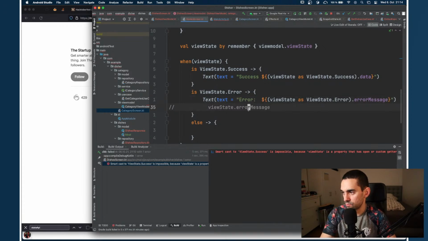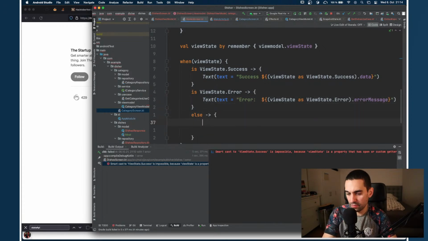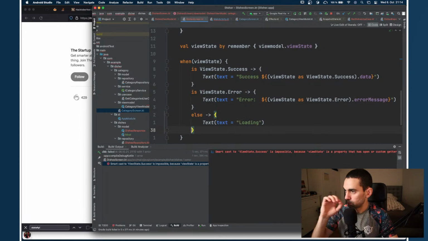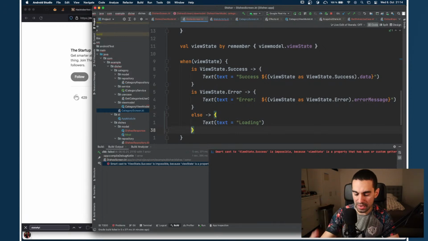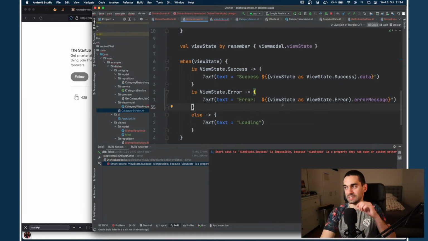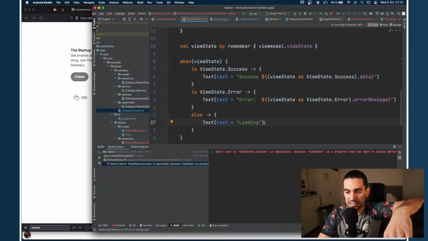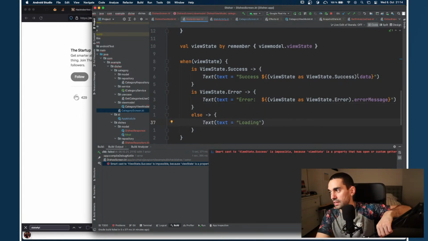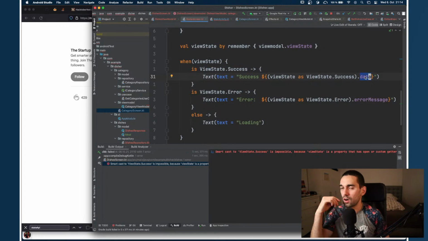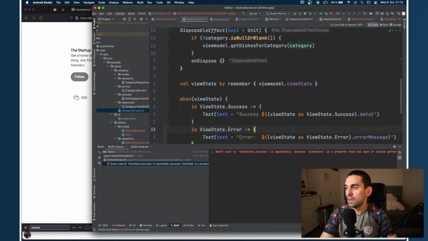Error message, right? Loading, we're going to just have a text. This is terrible UI, but it doesn't matter because I'm running out of time. Loading. Okay, so we have our view model, which passes state. We have loading, success, and error. If it loads, it's just going to say loading on screen. If it's successful, it'll show the data on screen, and same with